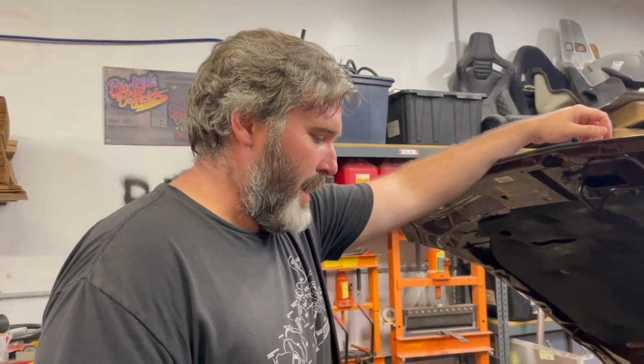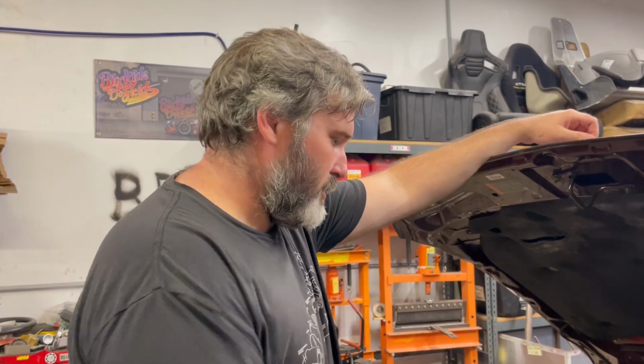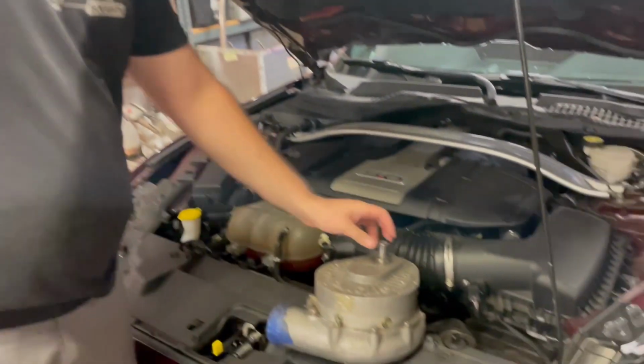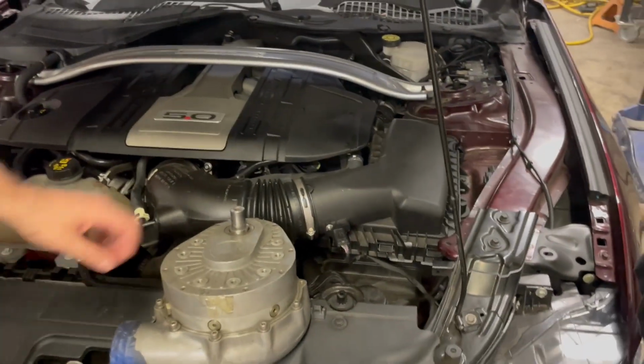Yeah. So it's basically just a matter of finding out what holes on the motor we can use to mount stuff to, figuring out what kind of spacing you're going to want for the pulley, and then just designing a quick plate to...